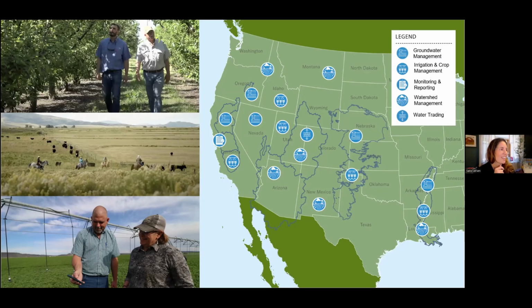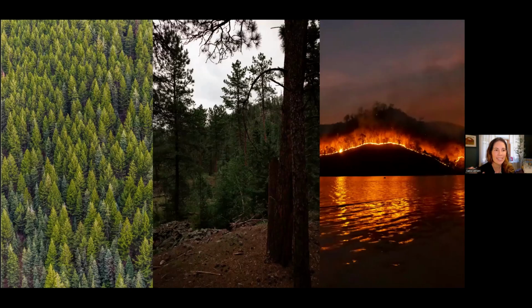So I want to transition. A lot of OpenET got started looking at this particular sector. But what we found is that we want to acknowledge and address that things are a little bit more tied together than just the field boundaries for an agricultural field. There are watersheds up above those fields that contribute a lot of water and contribute a lot of the ecosystem services that Rivers Edge West is really honing in on and trying to sustain. So we want to acknowledge that these watersheds support forestry,